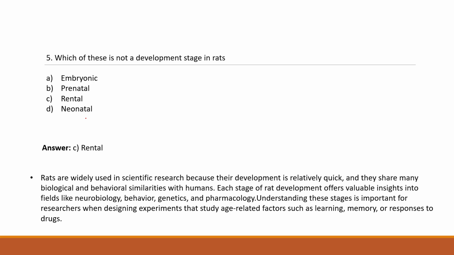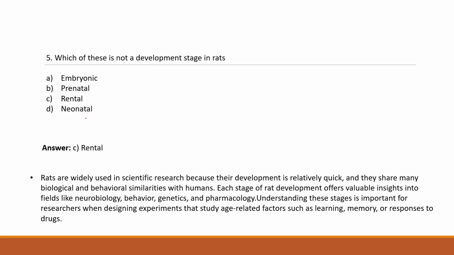Understanding these stages is important for researchers when designing experiments that study age-related factors such as learning, memory, responses to drugs, etc. So why do you have to know the different developmental stages of rats? One, you can be studying the developmental stages themselves to see what is happening at what stage. But even if you're not doing developmental studies, you should know the stages, because whatever experiment you're doing, or whatever proteins or signaling or condition you are trying to work on,